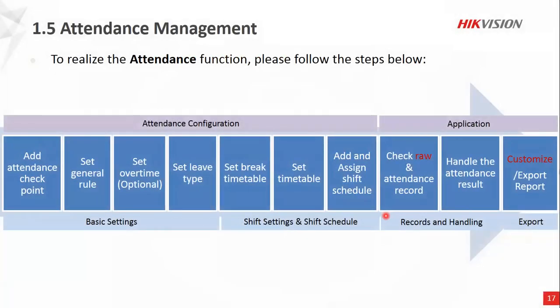Then we're also looking at our attendance function, how to add an attendance checkpoint. This is exactly what I said to you. So we have an attendance checkpoint at terminal A and terminal B. It will show you just how to add it and how to set a physical general rule. The general rule will mean that in the event there's a fire, please allow access. Or if the alarm goes off, it's a fire alarm, door A needs to open